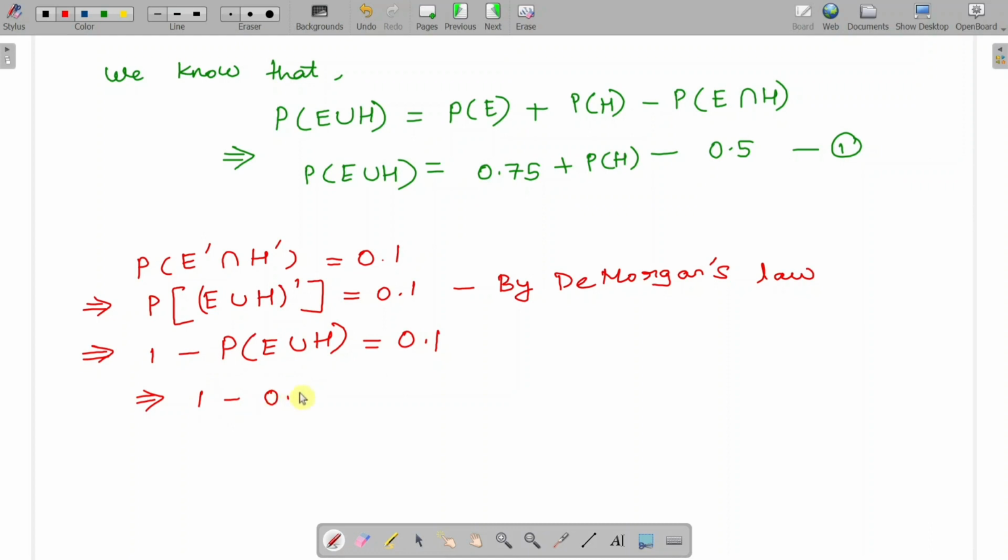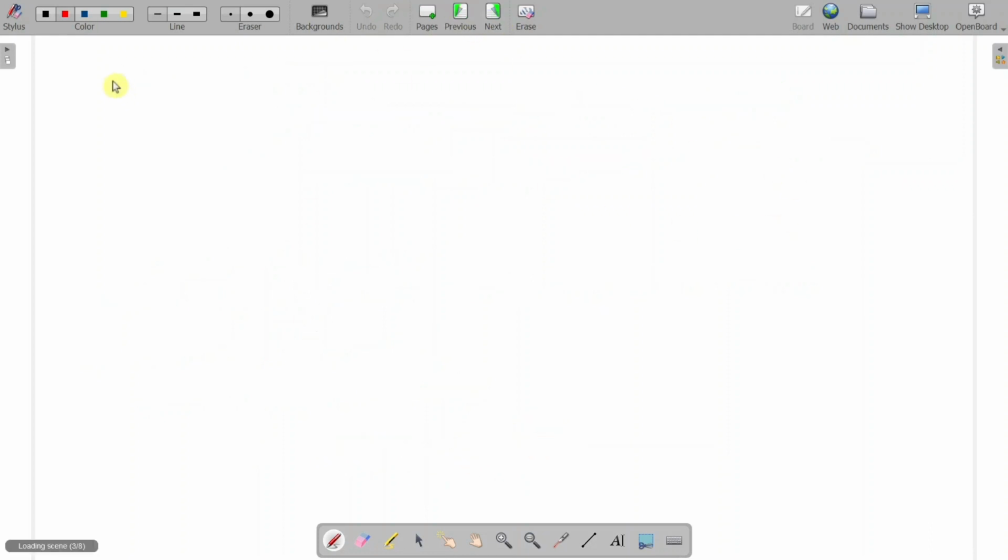So 1 minus 0.1 is equal to probability of E union H. So that means 0.9 is equal to probability of E union H. Now substituting probability of E union H equal to 0.9 in 1,